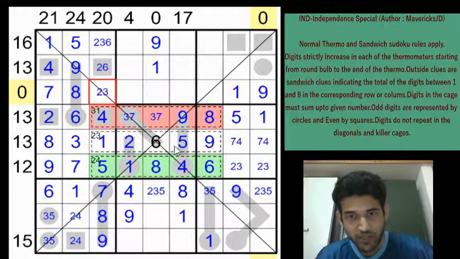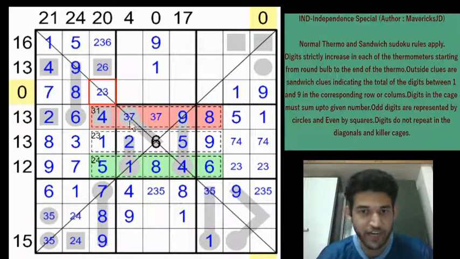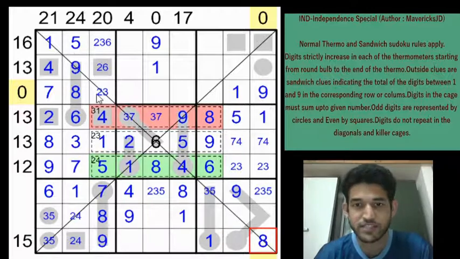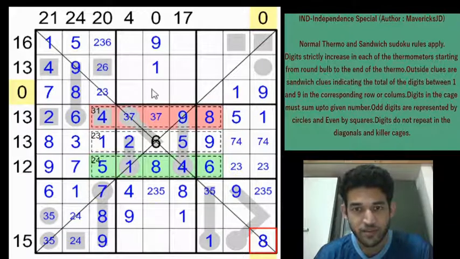And now if you look at this diagonal, now we are finally making use of the diagonal. So there is only one cell left for the 8. 8 can't be in row 8 column 8. So you will need to have a 8 here. What a joyful Sudoku, because we are making use of every variant property. It's very difficult to construct a Sudoku which has all the variant properties more or less equally used. It's a really good construction.